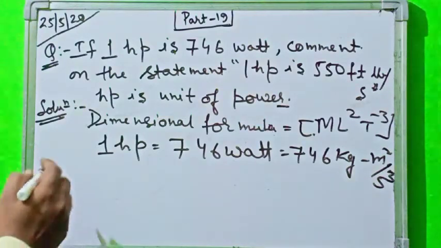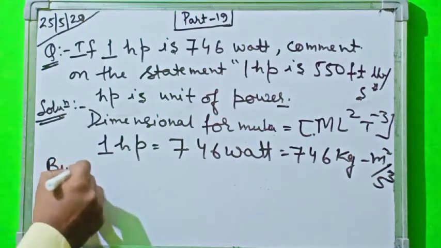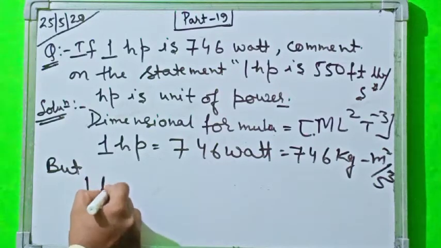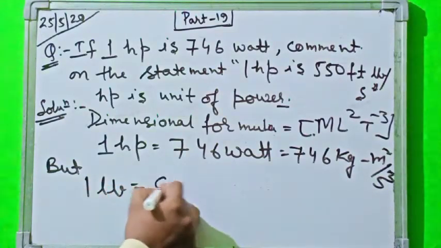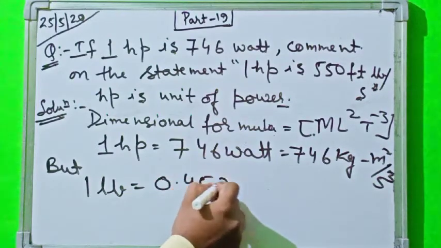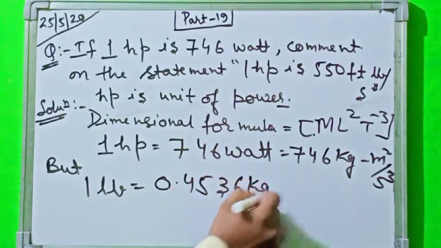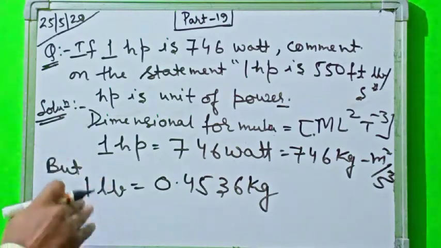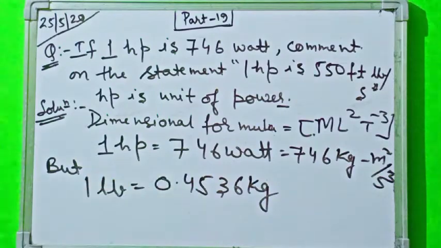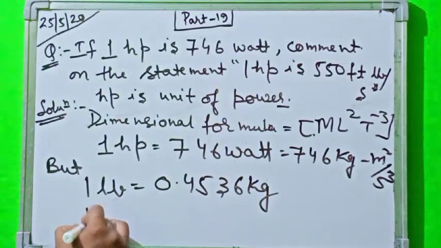Now, for your knowledge, 1 pound is denoted by LB. 1 pound is equal to 0.4536 kg, or you can say that 1 kg is equal to 2.2 pound. So from there we find 1 pound is equal to 0.4536 kg,